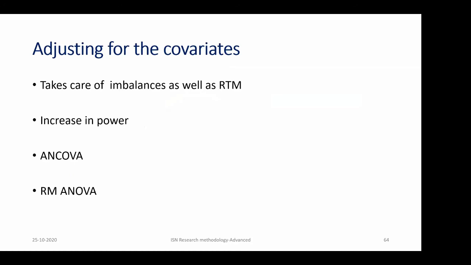And there is another way when you have multiple repeated measurements. This is actually 2 measurements, one at entry and the second one at baseline. Suppose you have 5 measurements and you want to assess them over a period of time, you have to use a repeated measures ANOVA. I will not be going into detail regarding repeated measures ANOVA because this data doesn't really need it, and RM ANOVA has some additional assumptions which sometimes might be difficult to sustain with data like glomerular filtration rate. So I'm not going into how to use RM ANOVA, and I will show you how to use an ANCOVA.